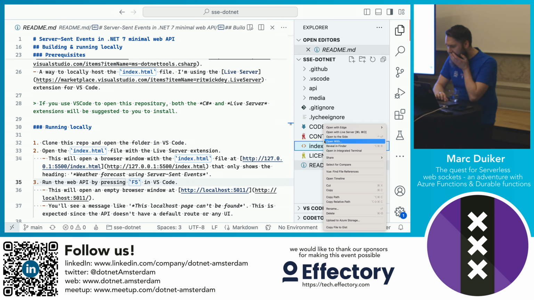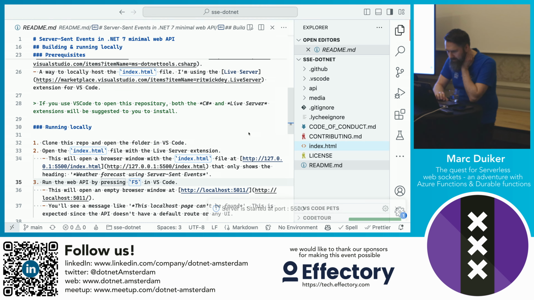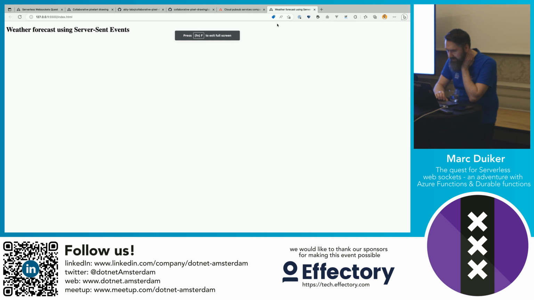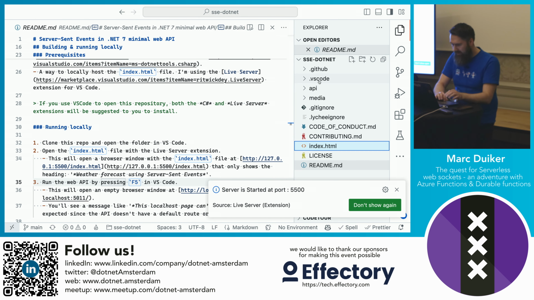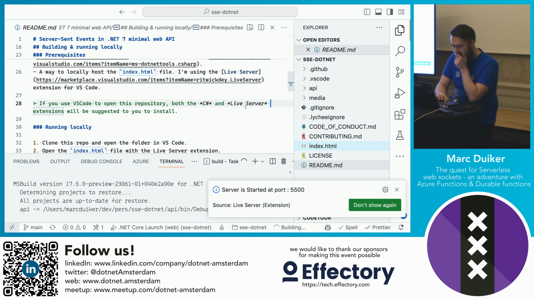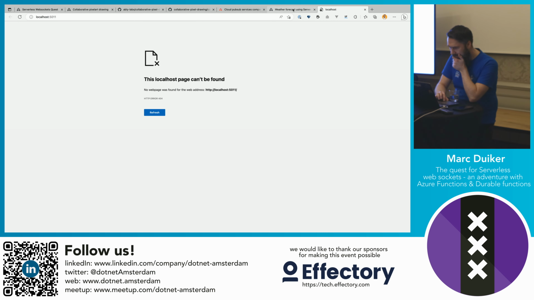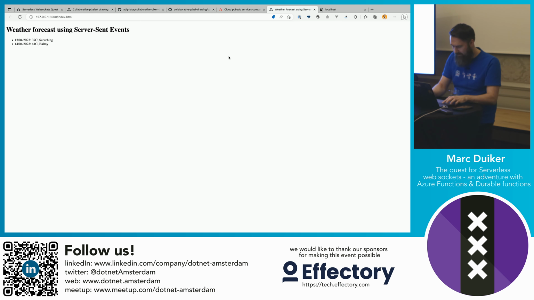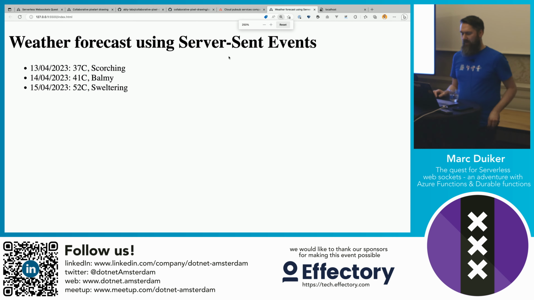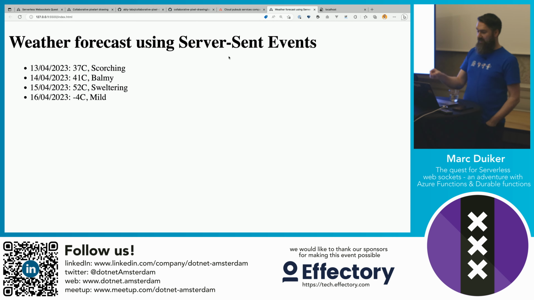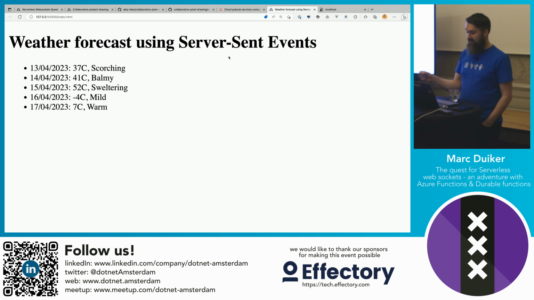So this is a very basic front end, just an HTML file, which I am now opening with the live server. So it should pop up here. Okay. And then we need to go back, and then we need to run this app. And let's see what's happening. Oh, this one. Yeah. Okay. So the events that this web page is receiving now are sent via server-sent events.